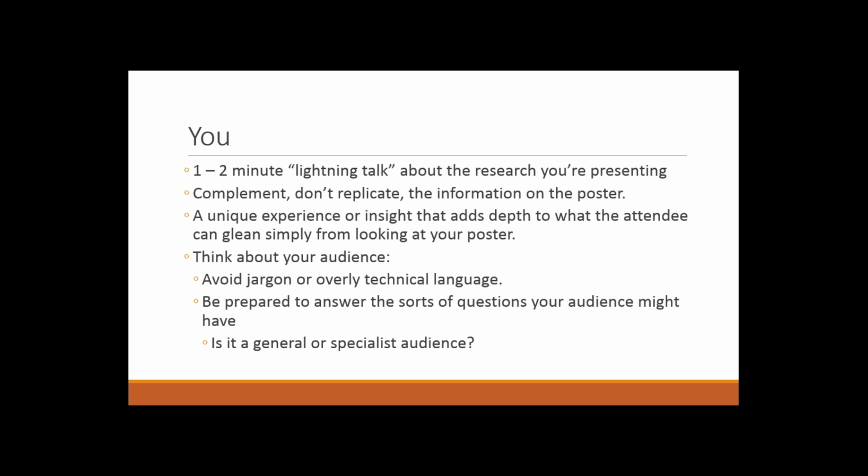Some other things to think about are what kinds of questions the audience might have for you. So when you go back to this issue of the lightning talk and then later the information on your poster, you've got to think about what information I'm going to leave out because it's not among the most important things, but that someone with a little bit of curiosity might want more details on. So that's one way in which you might try to anticipate questions.